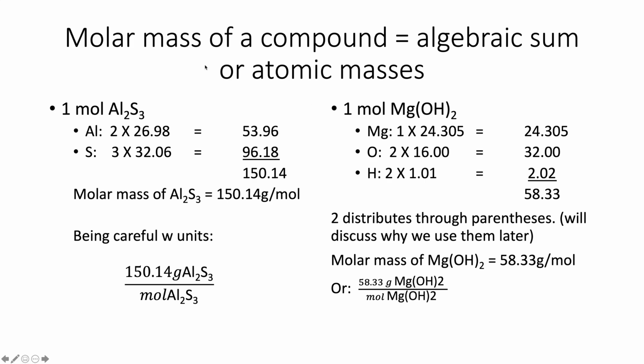Now, the molar mass of a compound, so we got Avogadro's number here. Molar mass of a compound is the algebraic sum of the atomic masses. So what you simply do is you take the subscript and you multiply it by the molar mass of the element. So aluminum is 26.98. In Al2S3, there's 2 aluminums, 3 sulfurs. These numbers are from the periodic table. I do the math and I add them up. So the molar mass of Al2S3 is 150.14 grams per mole. But if you're going to do calculations, you might want to write it like this: 150.14 grams of Al2S3 per